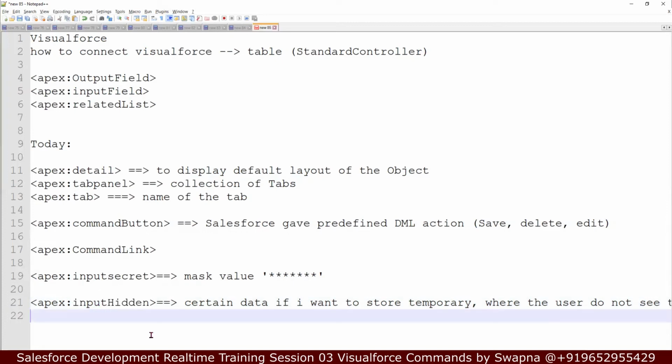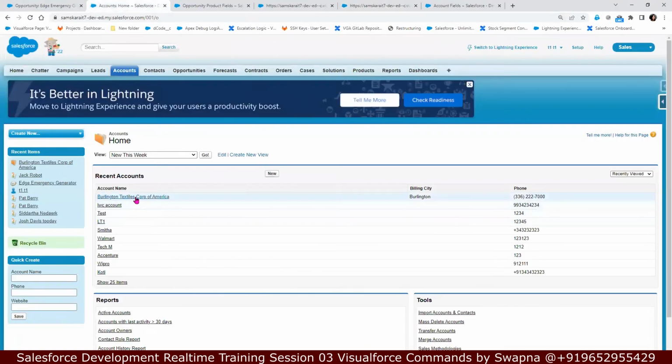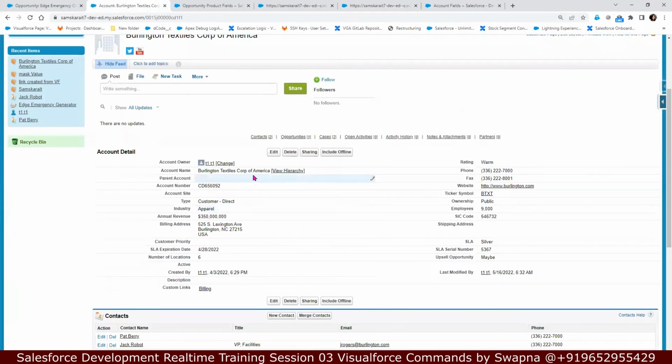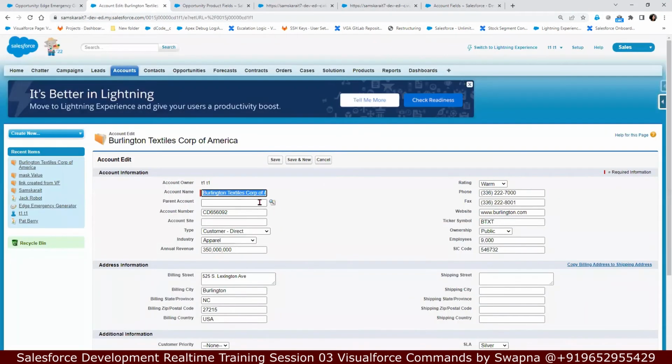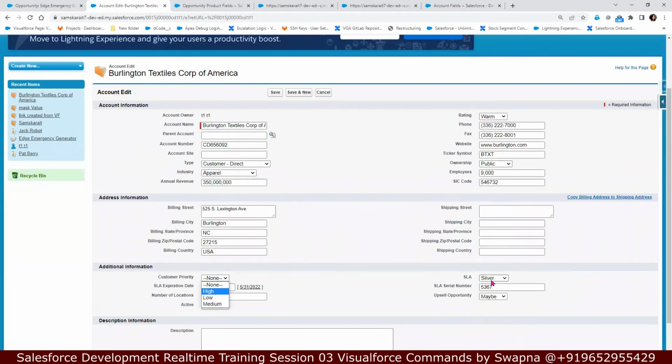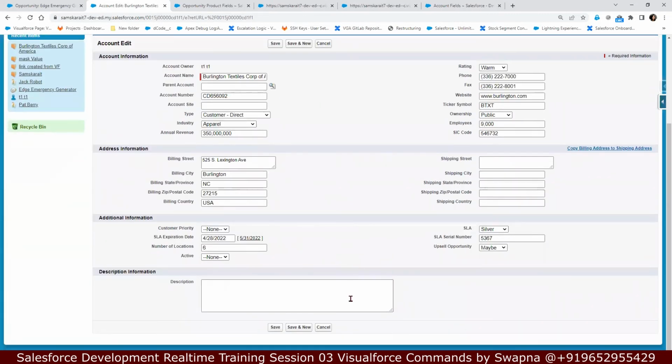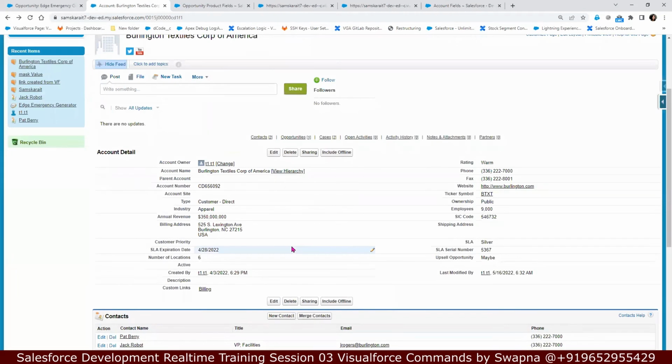Now moving on to the next one. There are few commands which are not there in the Salesforce. When I say not there in the Salesforce, if I go to the Salesforce account record, I have a text field, a text area, look up, drop down. These all are there. There are some things which I cannot find here,